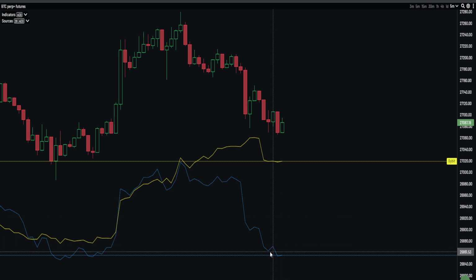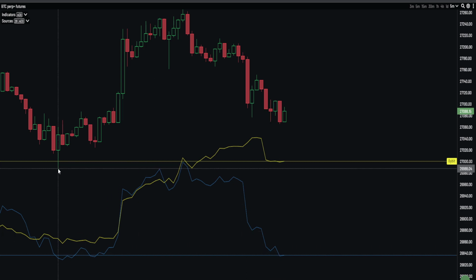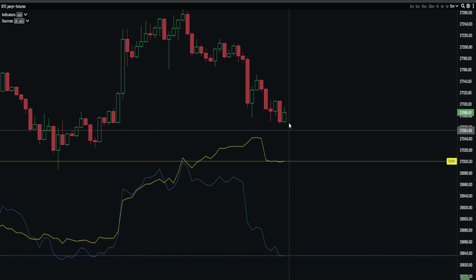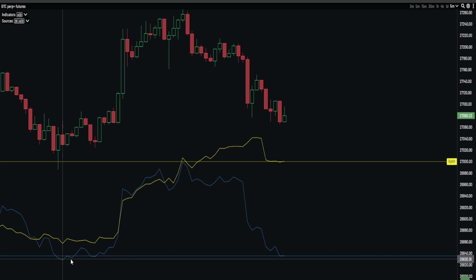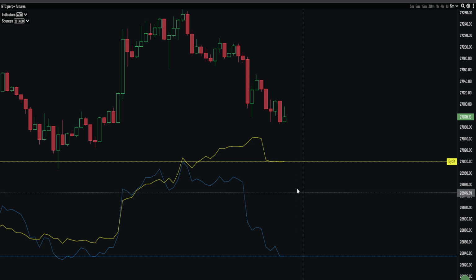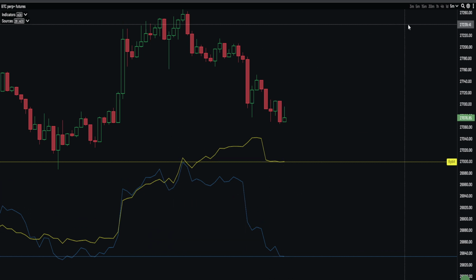At the same time, you can see that the blue line is moving to the downside with price. Basically, if price is going to create a higher low on price now, but the blue line is showing a lower low, it still needs to go down a bit more, like the blue line is not low enough just yet to be below these lows over here on the blue line. But if that would happen, you basically have bearish and bullish divergences on this template,